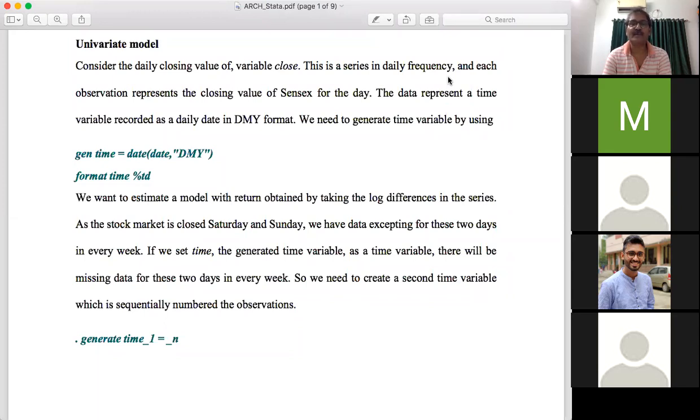So why is it called return? Because in a stock market, if you invest some money in a stock, the return can be obtained in the form of a capital gain or capital loss. Capital gain means, suppose you buy some stock at rupees 10 per stock, and suddenly the price of that stock increases by 5 rupees, that is 15. The excess money you can get if you sell it is denoted as the return. So for that reason we can calculate return by taking the first difference of the stock price.